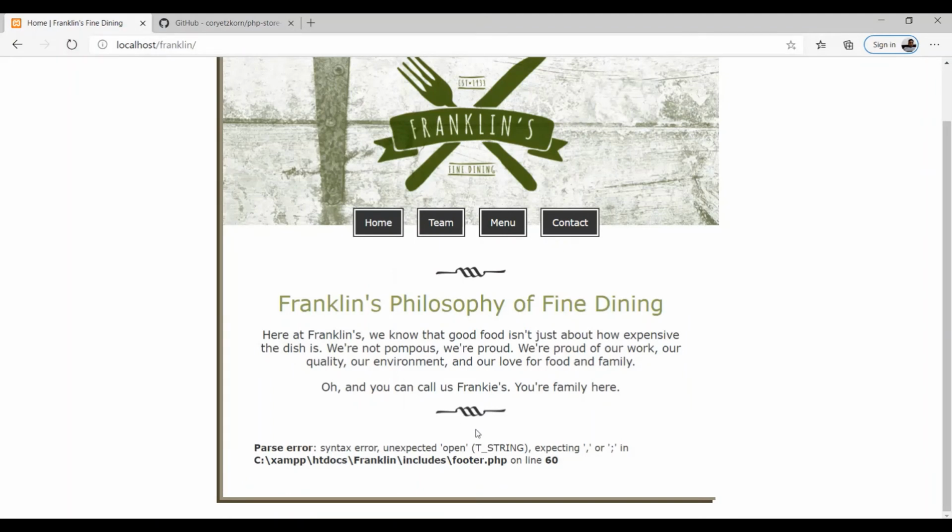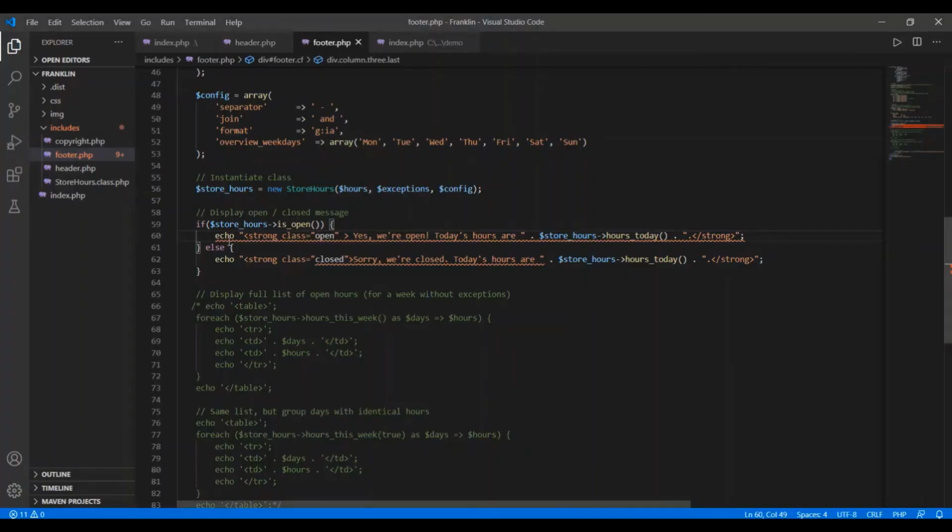So it's displaying some error here, and correct this. Instead of using double quote, I will go with single quotes here.